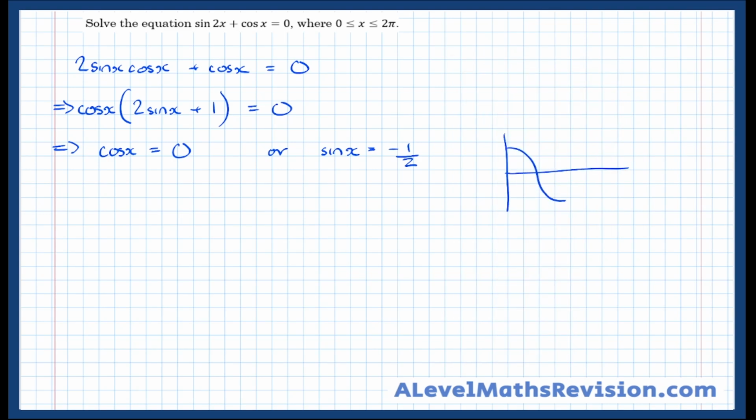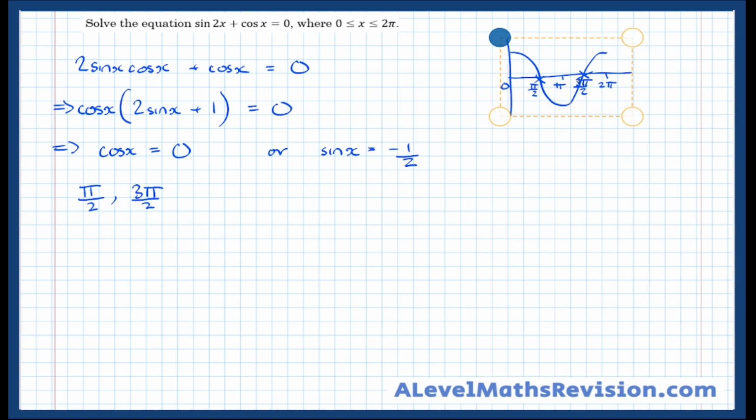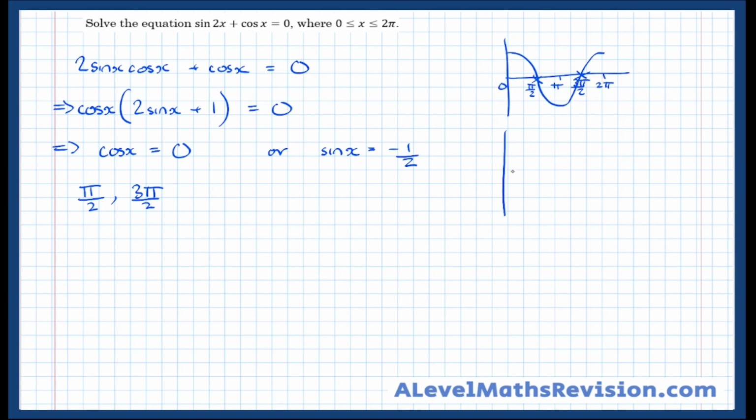So there's the cos graph. So 1/2 pi there. So the corresponding one is 3/2 pi. So pi over 2 and 3 pi over 2. If I label this graph as well, 0, pi over 2, pi, 3 pi over 2, 2 pi. And I'll pop that up there. If I do a sine graph now,